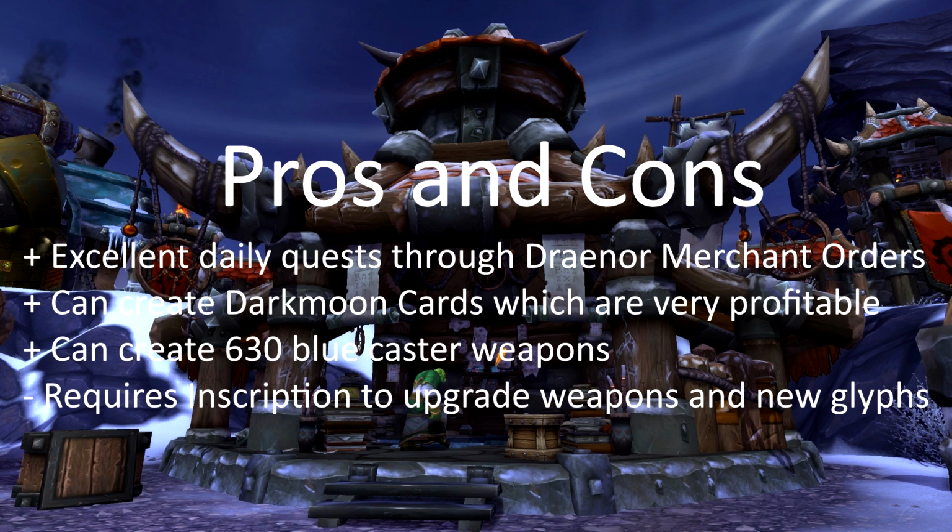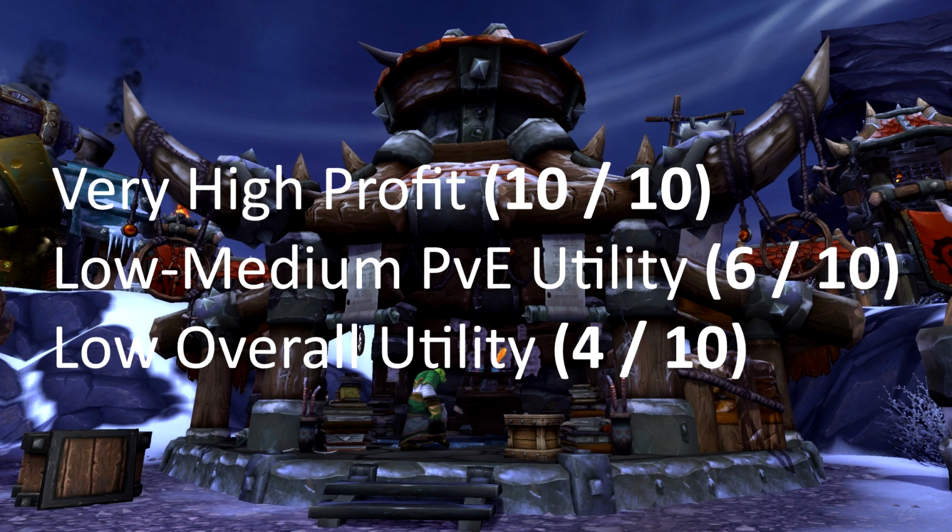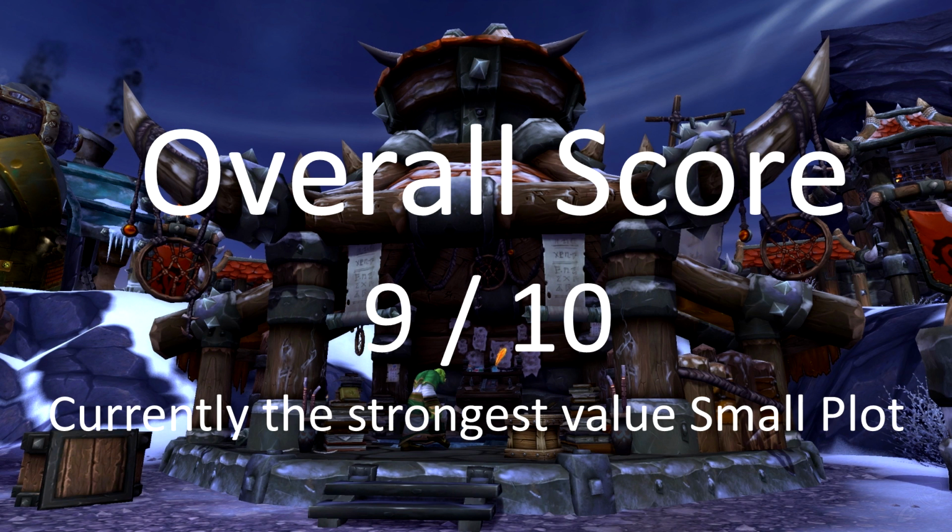It has a very, very good profitability, and it has okay PvE utility in terms of you can make some 630 caster weapons that are only really relevant here in the beginning of the expansion, but they're pretty good as well. And also, you actually have a daily quest with the Scribe's Quarters as well that gives you...